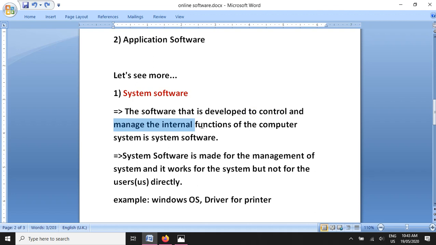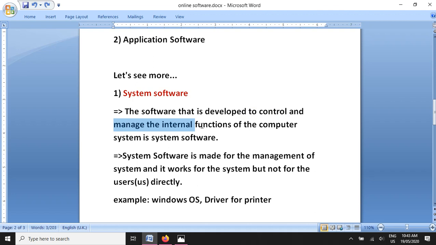The RAM must be ready to work, the CPU must be ready to function, and the clock must start to show proper time on the display. And if there is a touch screen, then the touch screen must be set in a proper way. So these are the internal functions, and these all are seen and managed by the system software.